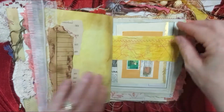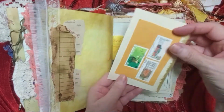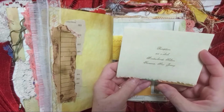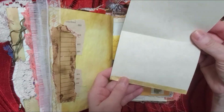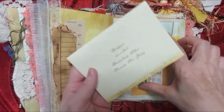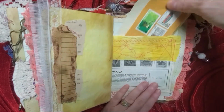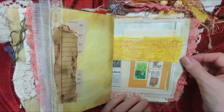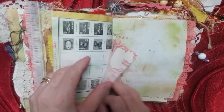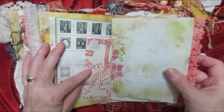And a little bit more of yellow. And over here some vintage postage stamps. And I have this reception, 6 o'clock it says. So you can write on this for sure. But it is an actual wedding invitation, I believe. It came with that. And a little bit more postage stamp book, page, fabric,